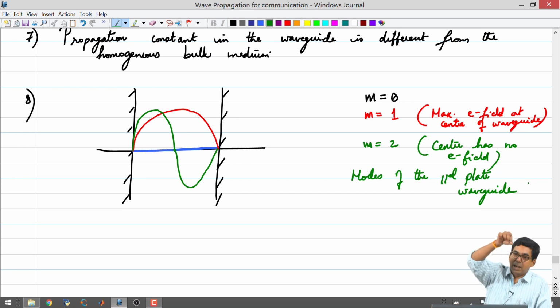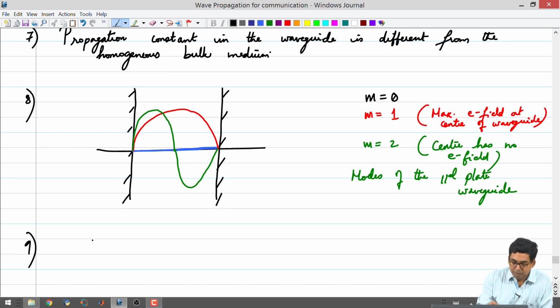If you move the tiny detector going from one side to the other side and you measure a positive peak, a negative peak, you will be measuring two half cycles clearly, or 3 half cycles clearly. In those cases you can say the mode corresponds to m equal to 2 or m equal to 3, etc. So, these are known as modes of a waveguide, and there are no gradual changes from one profile to another profile.